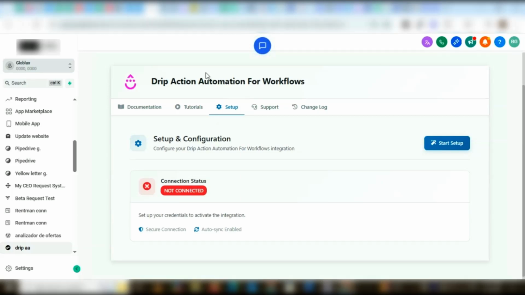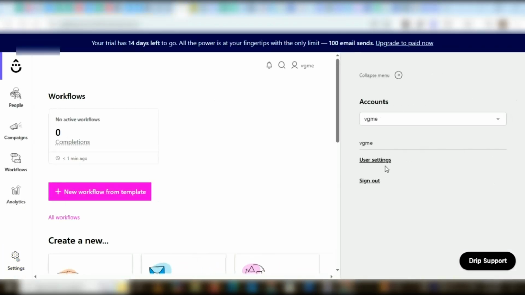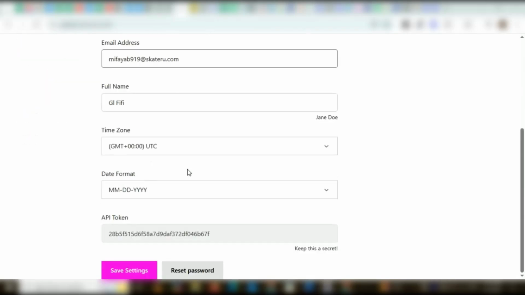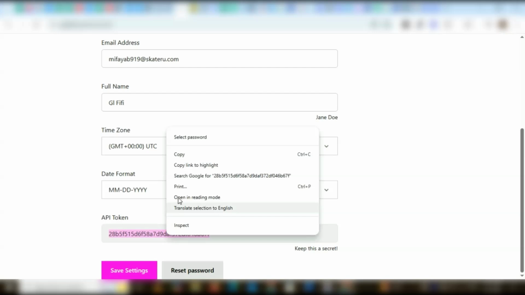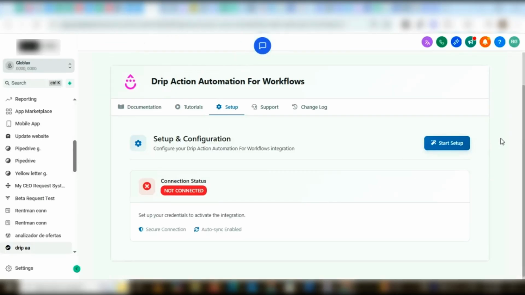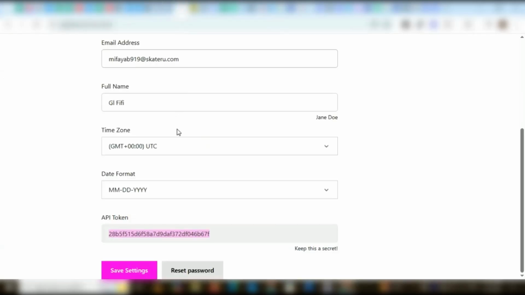First thing, you're going to head over to your account online. Click on your profile icon. Click on User Settings. Under the User Settings page, you're going to scroll down and copy your API token. Copy, head over back to your account, click on Start Setup, paste your API key, go back to your account online,